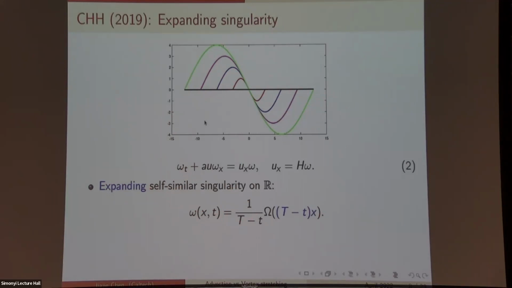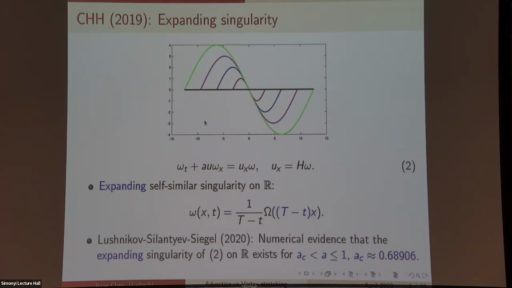Now, why do we have this blow-up at spatial infinity? The mechanism is that in any finite domain, the advection term and the vortex stretching term exactly cancel. Therefore, the solution remains finite for any finite x. But if you focus on the trajectory, since this flow moves away from the origin, the flow goes in this direction and goes in this direction. Along the trajectory, due to the vortex stretching, the solution can still have fast growth. And then it blows up at spatial infinity.